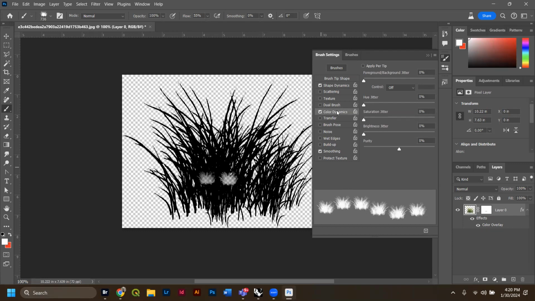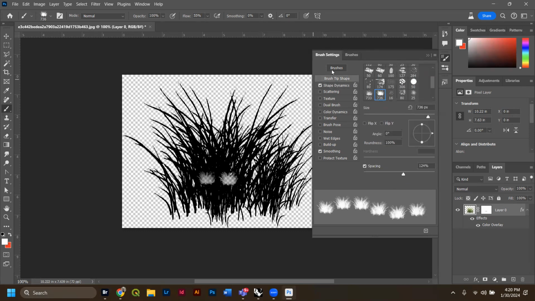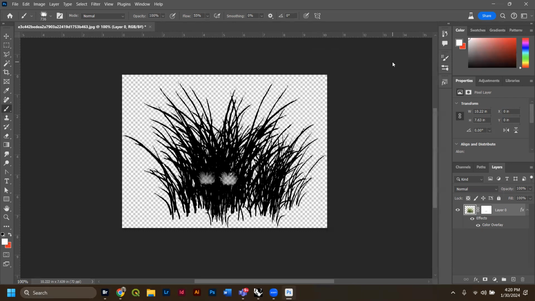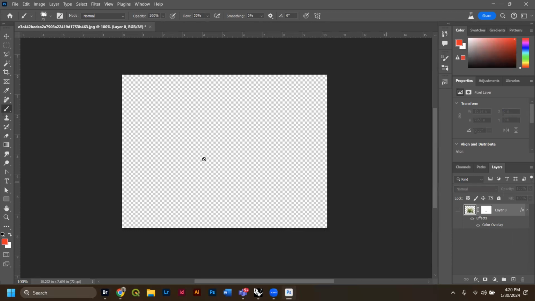So I think most of the settings that I like to adjust for the grass are just a little bit of the size jitter, and then I like to add that flipping just to help create some of that randomness that grass often seems to have. Perfect. So what that means for us is that I'm going to change the size a little bit. Let's get us a new